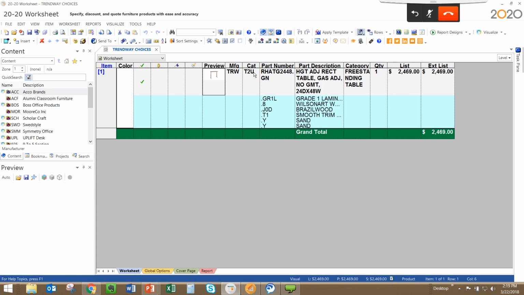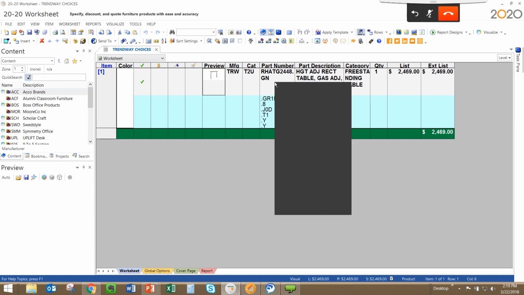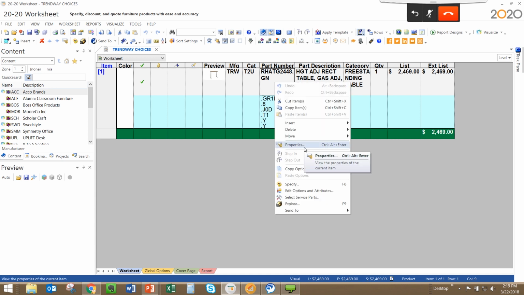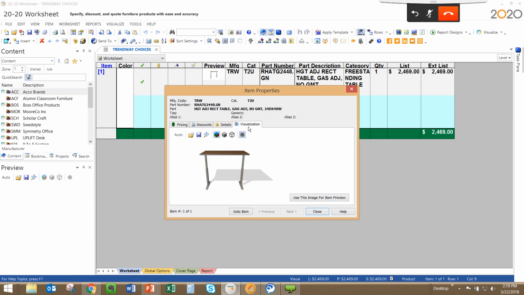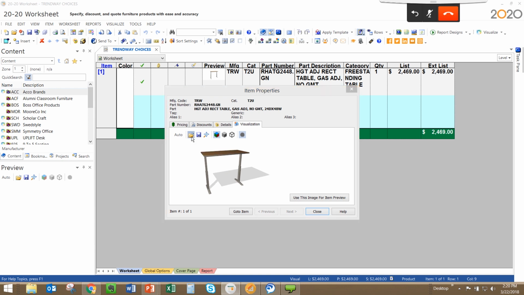Or better yet, what if I have an image from that manufacturer? So many of our manufacturers have great things that we can leverage and use from their marketing materials on their website. So what if I came in here, I'm going to right click and go to Properties. So I'm just in Worksheet. I can jump to Visualization, and I don't have to use this graphic. Of course I can, whatever way that I want, but what if I open this little Load Image button and